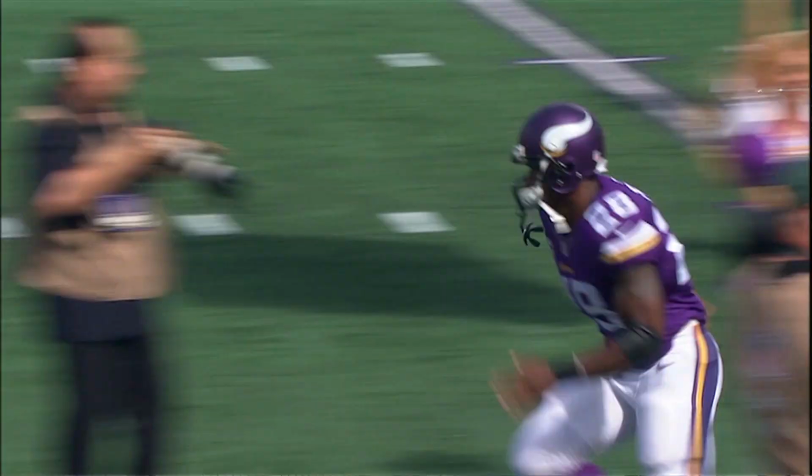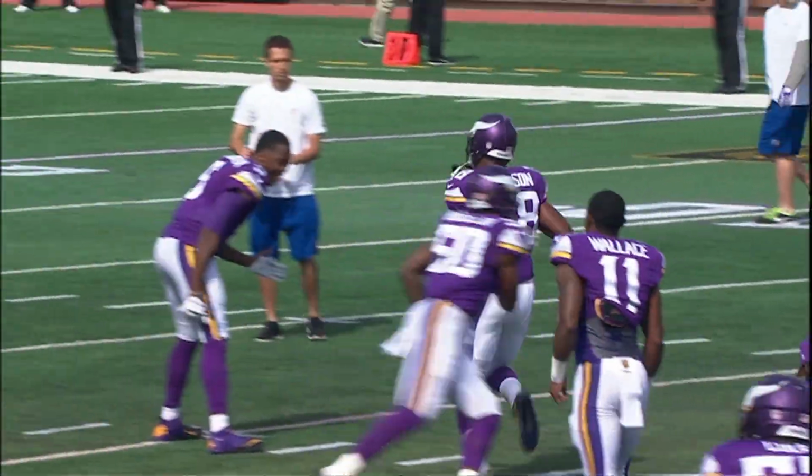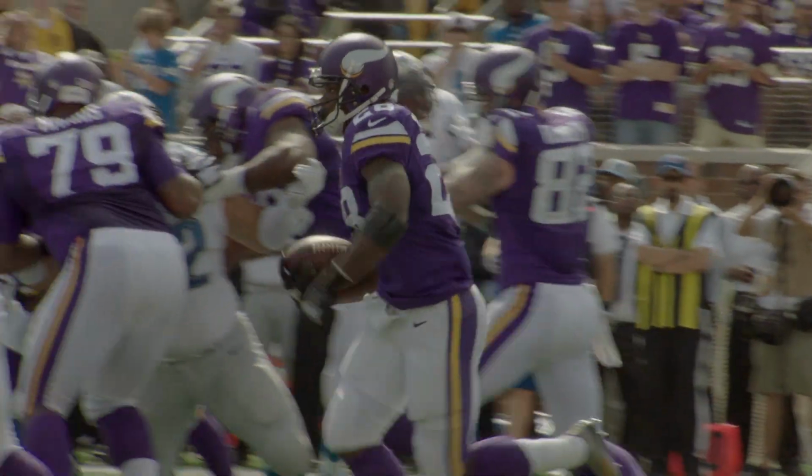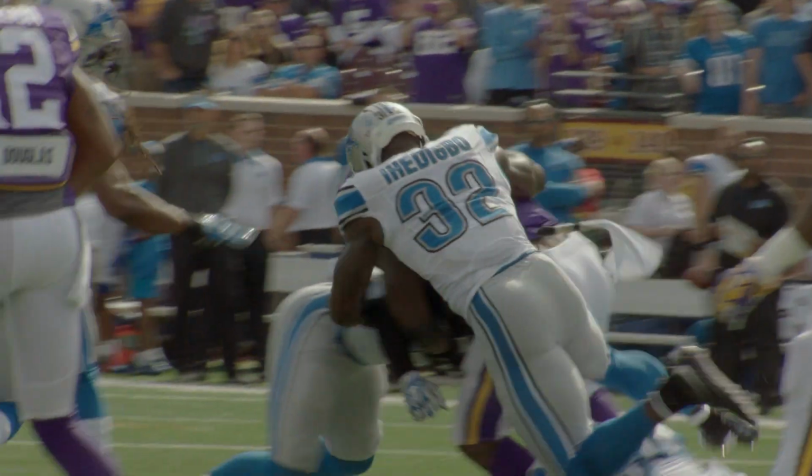Yeah, obviously one of the best running backs in the game today, and you could argue all time. Just a really incredibly talented runner, a complete player. I think what makes him so special is he has the size and the strength as a runner to run inside. He's almost 6'2", 220, with tremendous lower body strength. He can run inside, break tackles, move the pile, and then you combine that with his